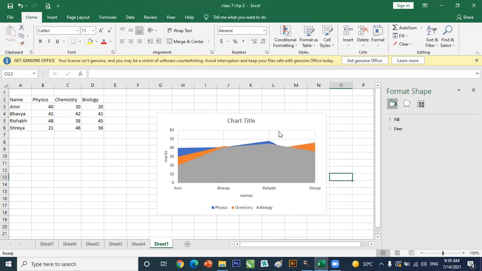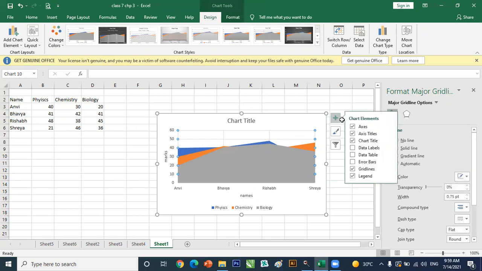Then legends. If we want to go for the legends, then we click on this and we get the legends. Under the legends, this displays a drop down list with many options like none, show legends, left, top, right, bottom. This type of legend appears wherever we want the legends, right?